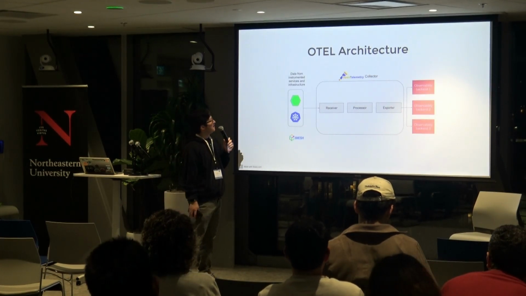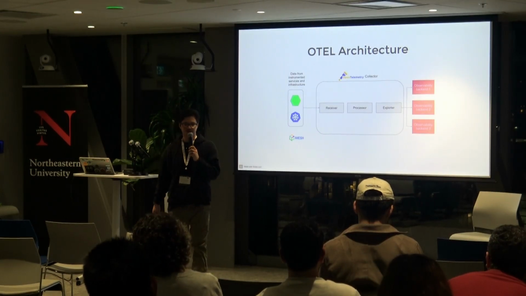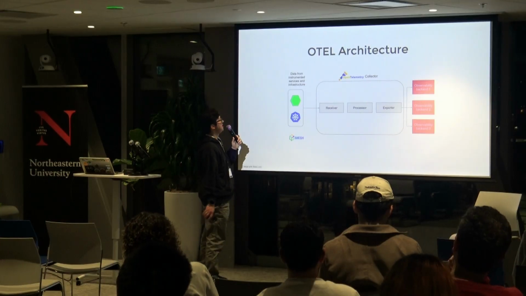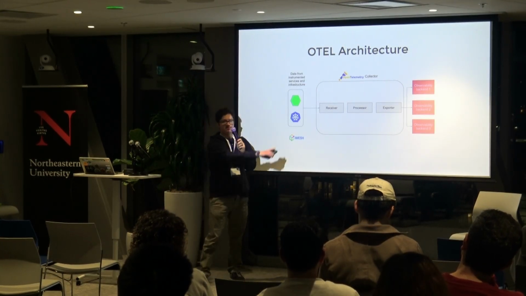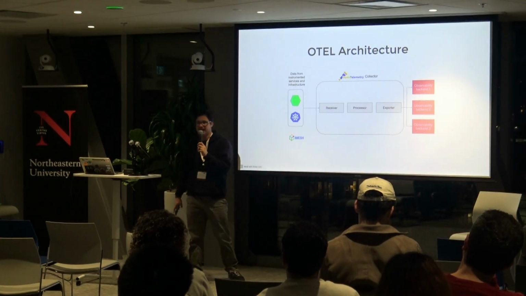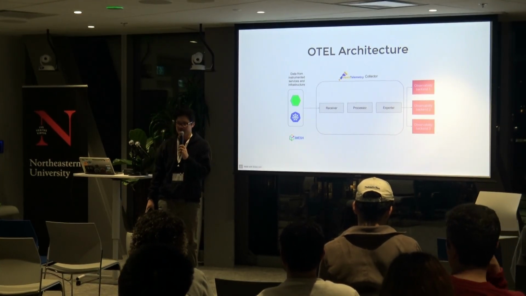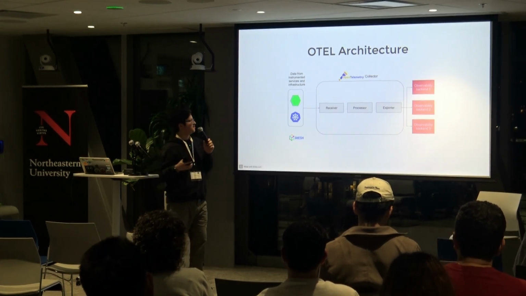So this is a simplified diagram, I gotta say, of the architecture of OTEL. On the left side, you have essentially the data instrumented from services and infrastructure. So in this end, we would have your applications, your backend, or things like that. Then in the center, you have essentially the OpenTelemetry Collector, which has some components to it, like the